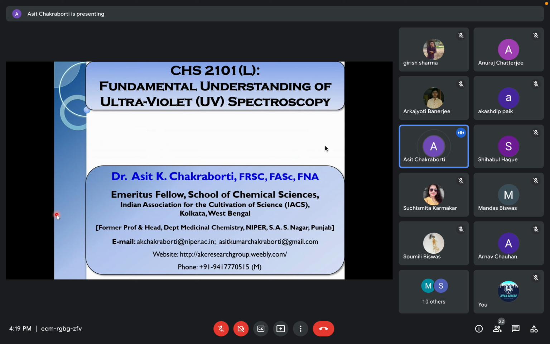Now, this is the thing: that is the reason elemental sulfur is yellow in color, because here the sulfur bonds are there. So an n-pi star transition takes place, and the lone pair of electrons of sulfur is at a higher energy than in the oxygen atom. So that's why the gap between n and pi star is significantly low, such that we can get close to visible light. So yellow is not that much in the visible range; it is a borderline range.